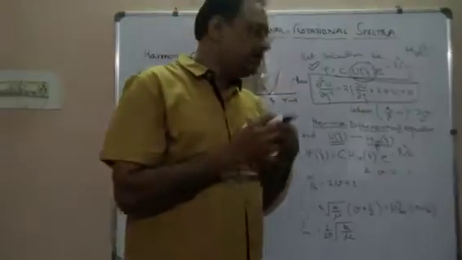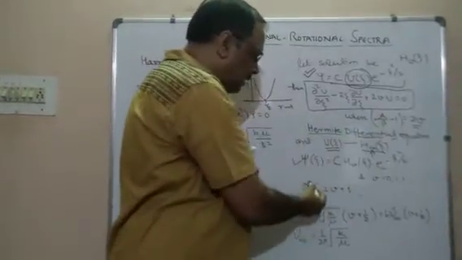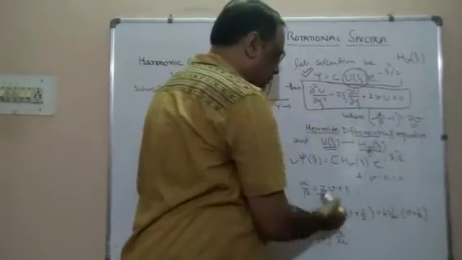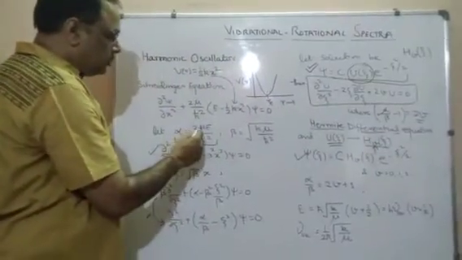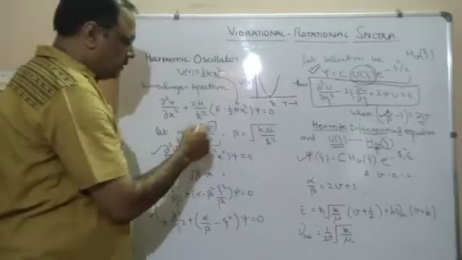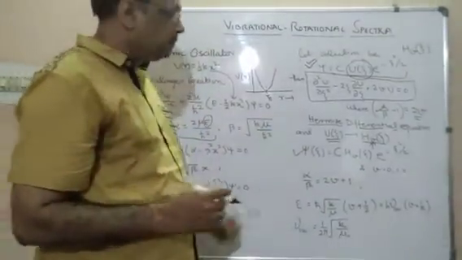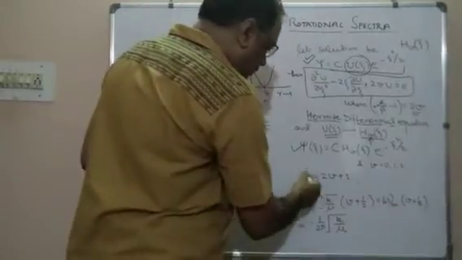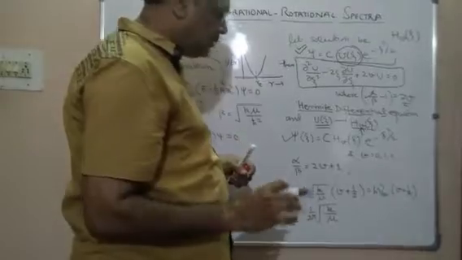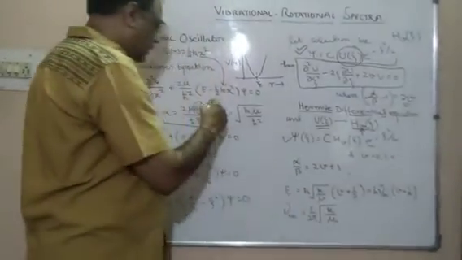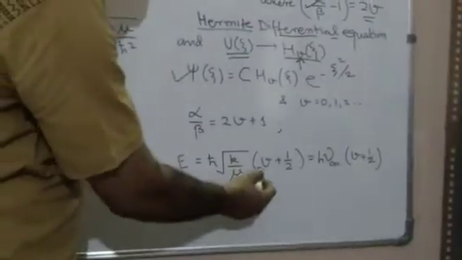Now we can see from here that we obtain alpha upon beta, which is 2v plus 1. And what is alpha and beta? Alpha is 2 mu e upon h cross squared, which has energy component, and this is the reduced mass and force constant. So now we will substitute the values of alpha and beta from here, and then we will solve. So what we will get for energy, we obtain h cross under root k upon mu, v plus half.